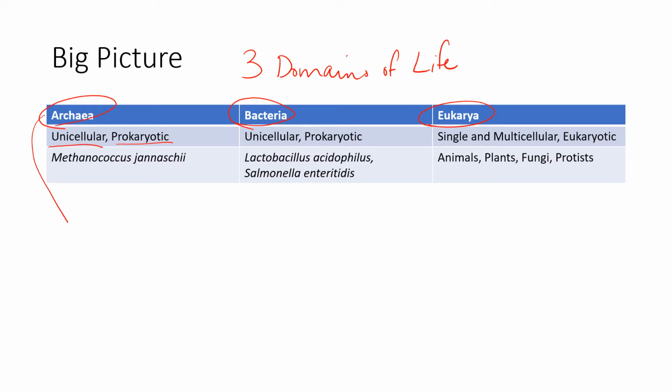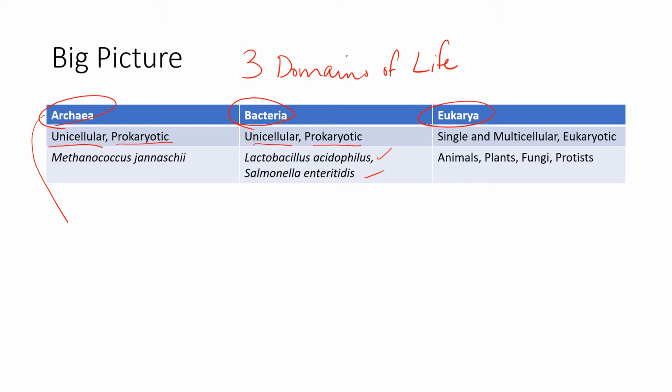Bacteria you're probably more familiar with. They're also single-celled and prokaryotic. This first example, Lactobacillus, is what we would consider a good bacteria, part of our microflora. If you eat yogurt or take probiotics, this is a primary bacterium that would be found in that, and they colonize our digestive tract and other parts of our body and are helpful. Salmonella, the second one, is not helpful. It is a parasitic bacteria, so if you've ever had salmonella food poisoning, you understand that it's not a good thing.